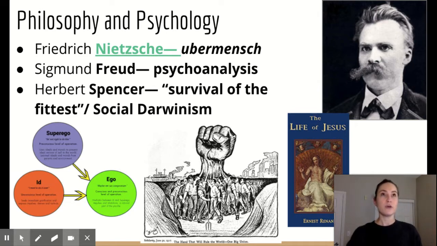And what we see coming from that, or connected to that in a lot of ways, is the anti-clericalism movement. So this is a movement away from having a clergy system that would either be a part of your government or perhaps even at all. You also have people like Ernst Renan, whose book is right here, called The Life of Jesus. People who are starting to have criticisms of religion. I mean, it's European history. They're always going to have criticisms about religion.